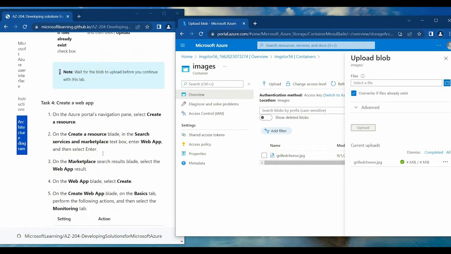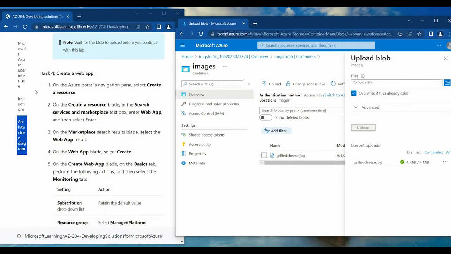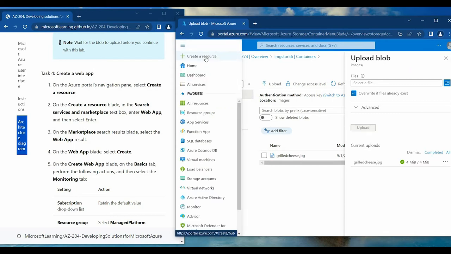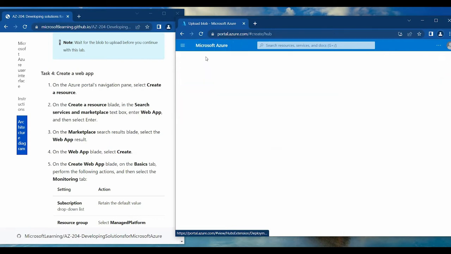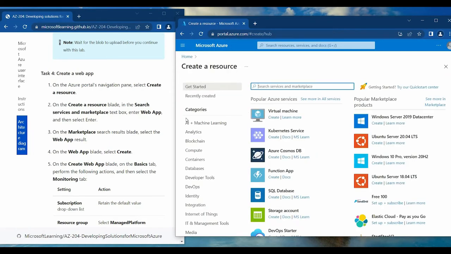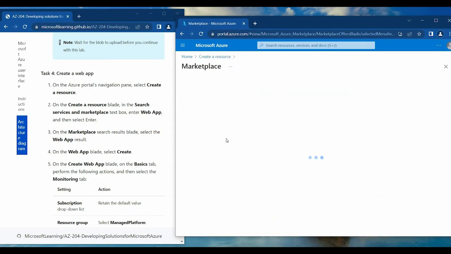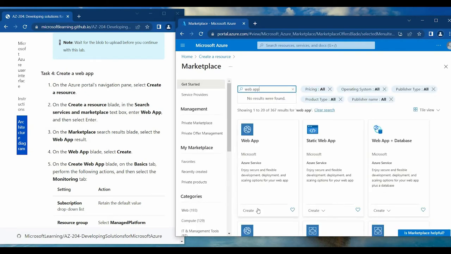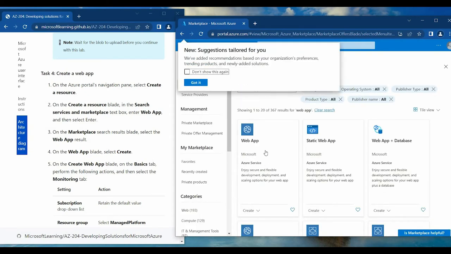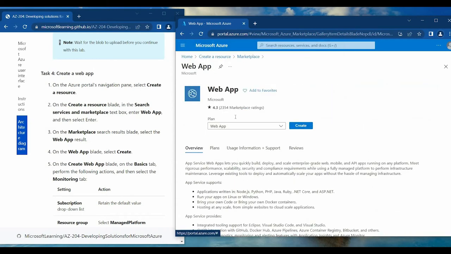So let's complete task 4. Create a web app. On the Azure Portal navigation pane, select create a resource. Here is the option of create a resource. Here we need to search for web app. So on the web app, we need to create a web app,